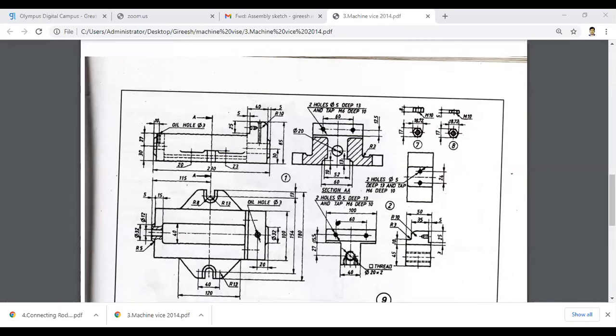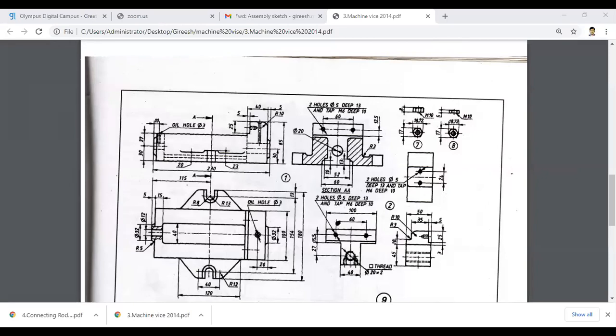Is it clear? Very simple, right? So 110 at 0, 85 at 90, 35 at 180, 25 at minus 90, 5 at 180, then 3 at minus 90, 180 at 180, then 57, and you close the profile.